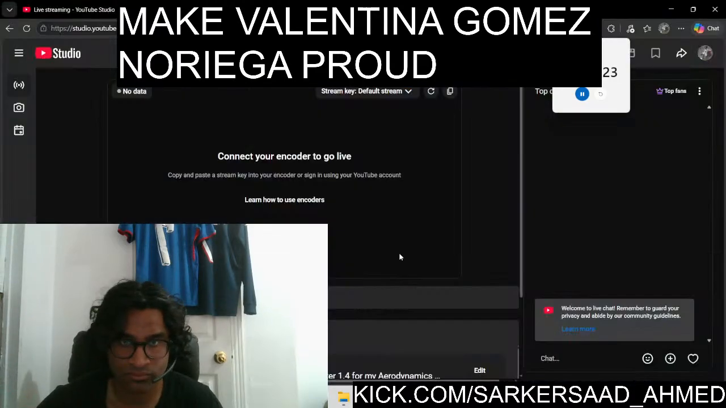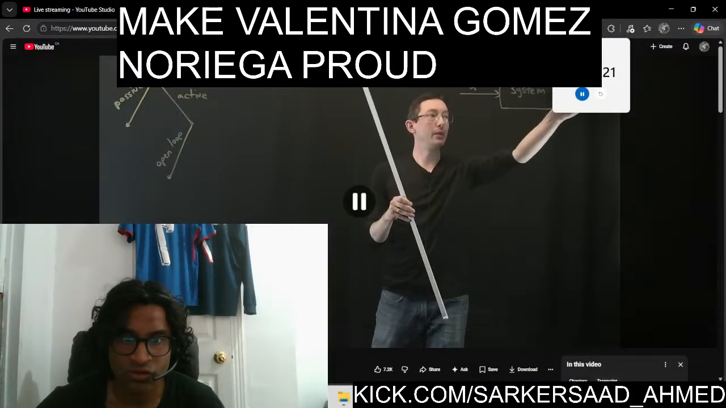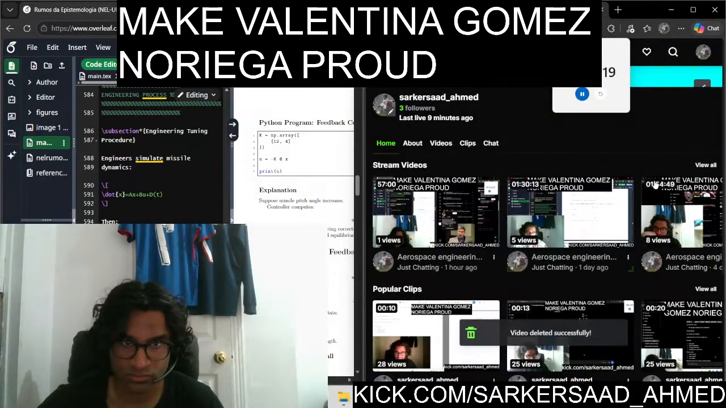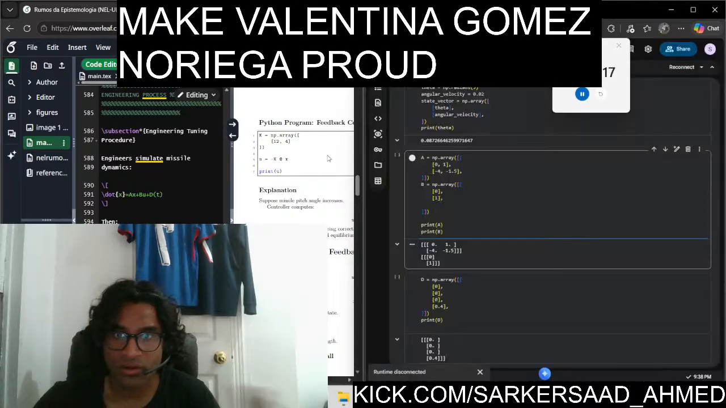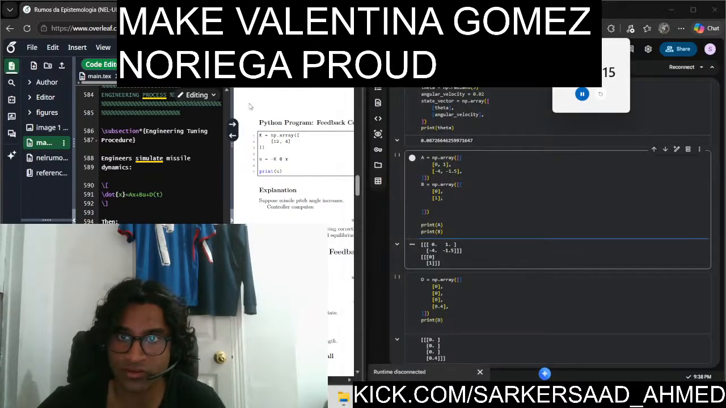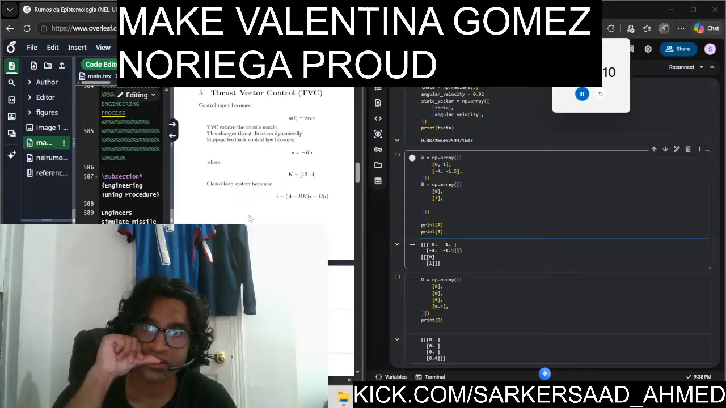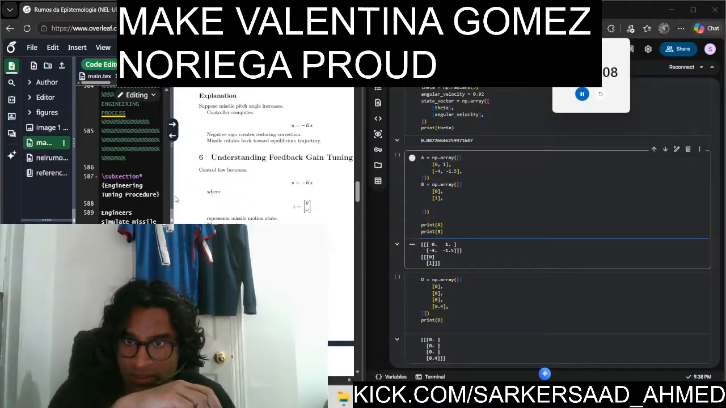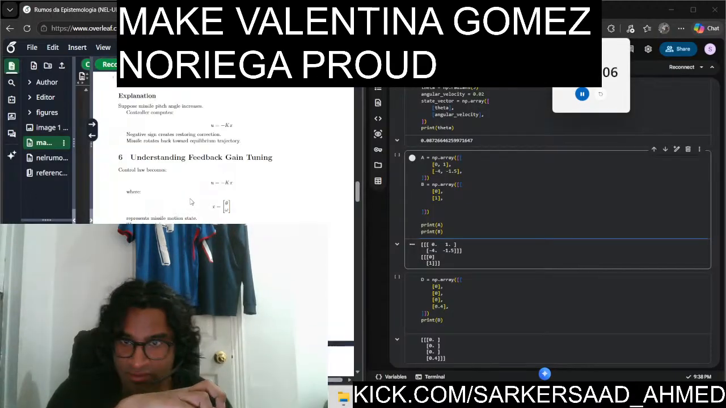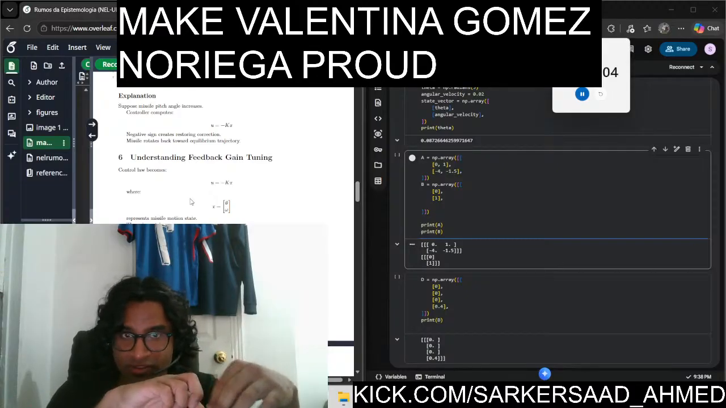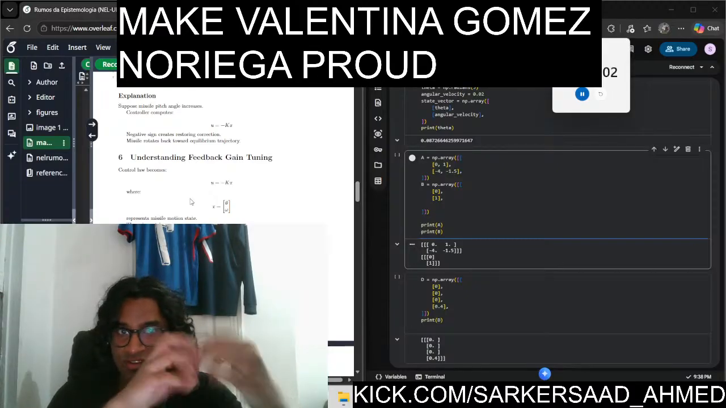So the base is U. Maybe stop. All right, let's recompile that. So U is equal to minus kx, and x is obviously theta and omega, which represents the missile motion